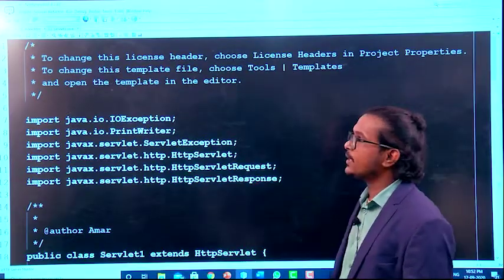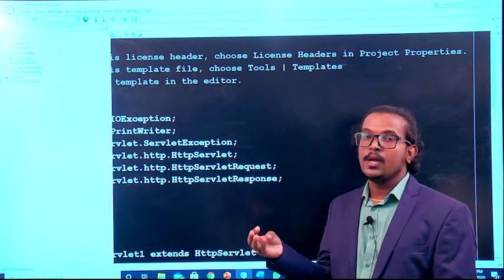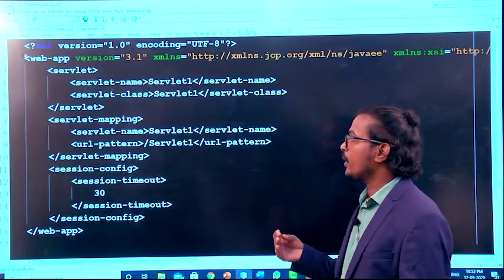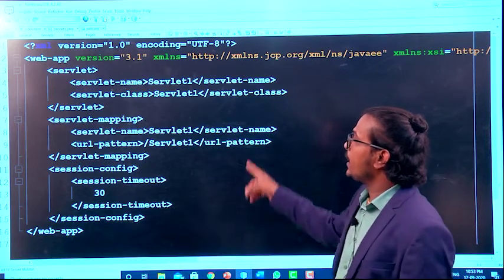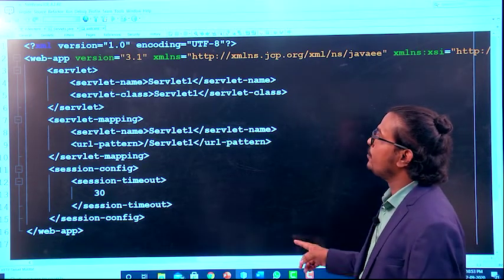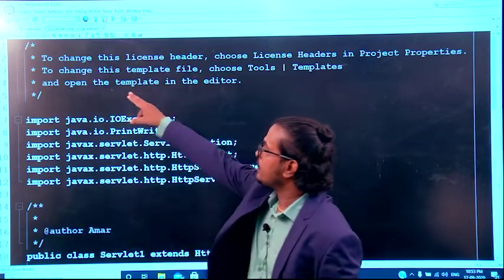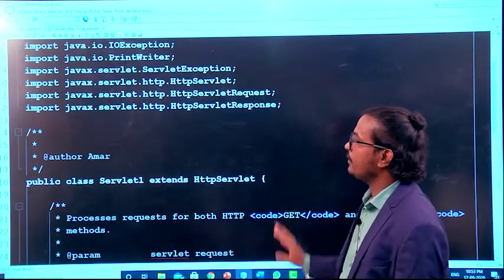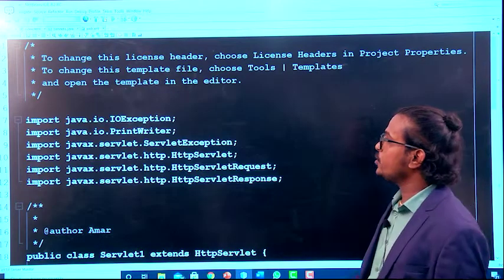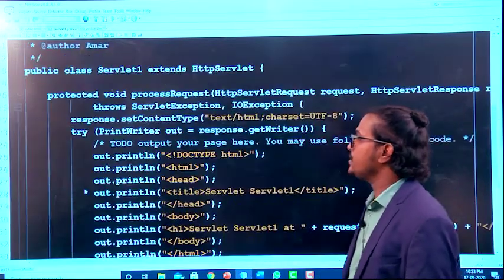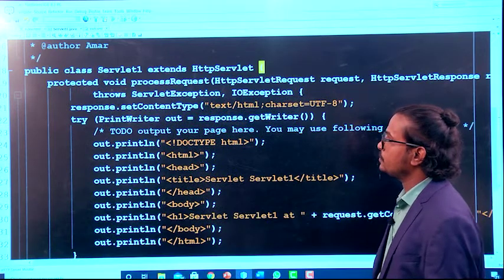In this particular web.xml file, you are providing the class name and URL pattern, and also the servlet name. Okay. So this is my URL, this is my web.xml file. See here, class name is there, servlet name is there, everything is available here, and this is my servlet class. Whatever packages you require, import all those packages in your servlet program.